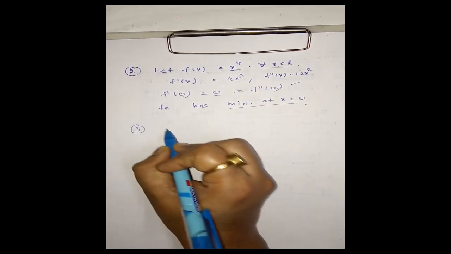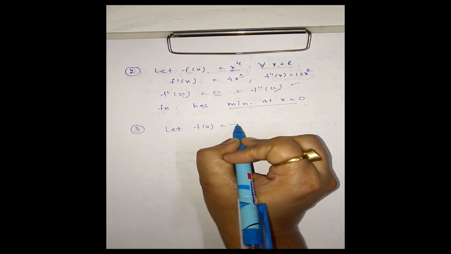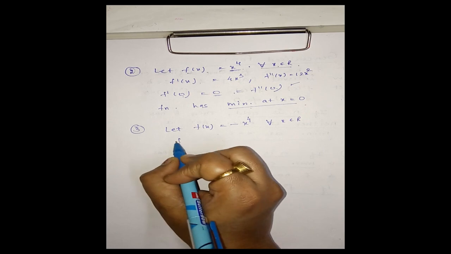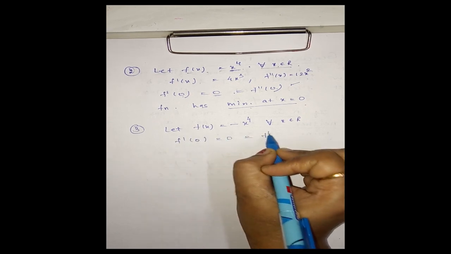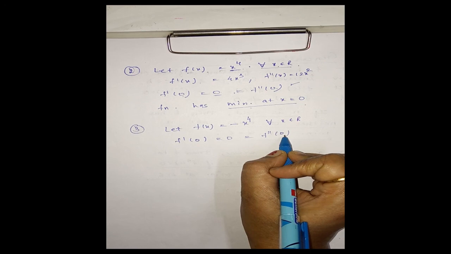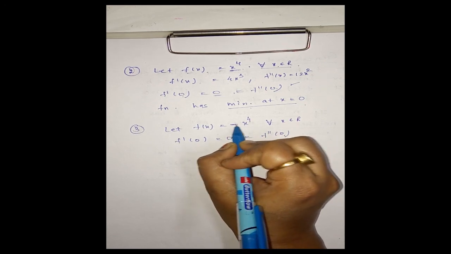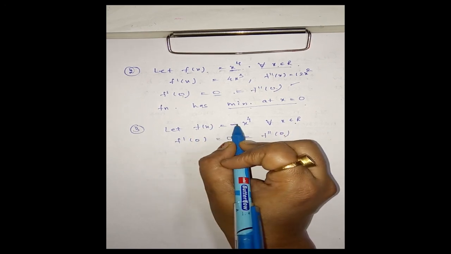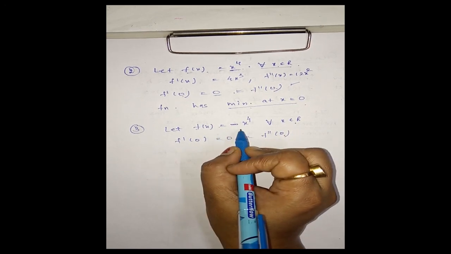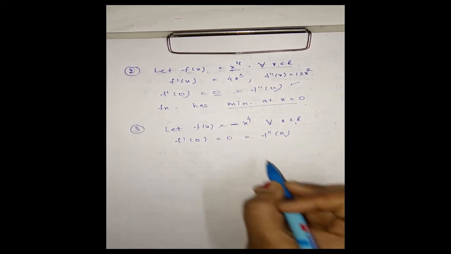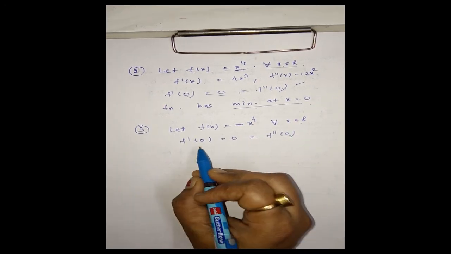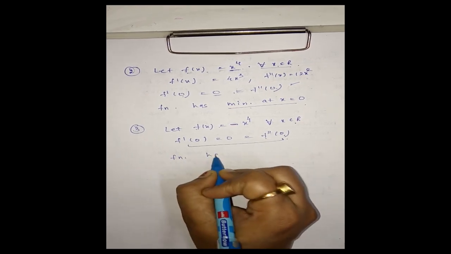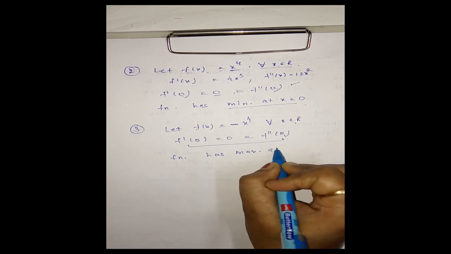Okay, and same way if I consider the function f of x is equal to minus x power 4 for every x belonging to R, then here also we have this only, f dash 0 is 0 and f double dash 0 is 0. And here we have negative sign here. For every x positive or negative, we have sign of f(x) is negative. That means graph lies in third and fourth quadrant. Okay, that means we have this. Then function has maximum at x is equal to 0.